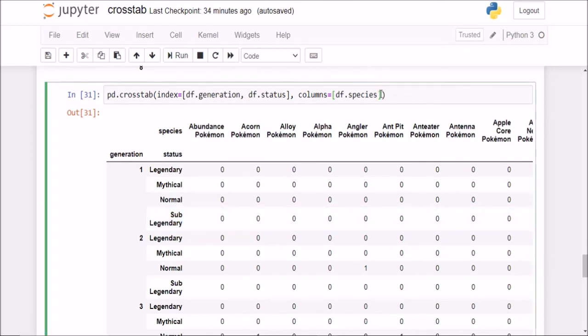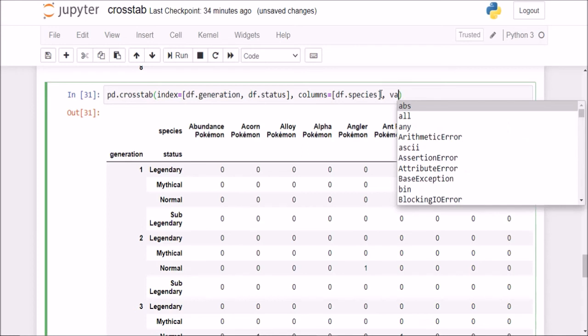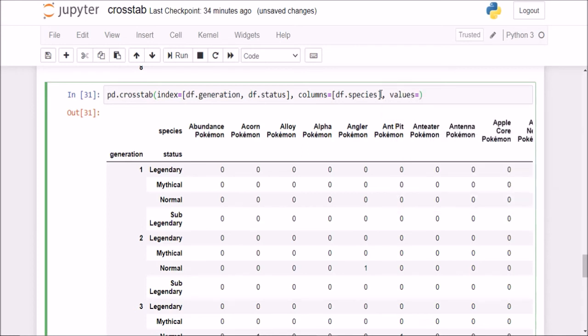Now just to spice things up a bit, I can also pass in a values parameter. I can say give me the total. Okay, so there is a total column which tells us the total number of points of that particular Pokemon.